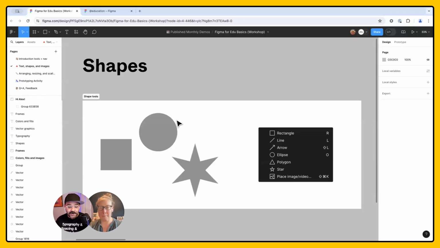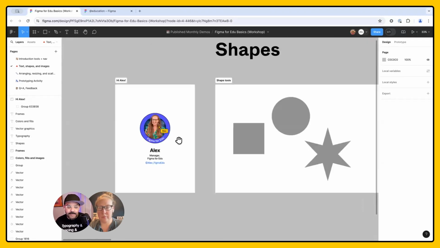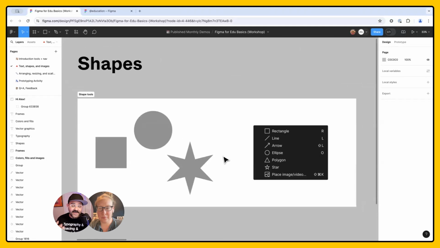So first off, where am I right now? I am currently inside of the Figma design editor. In here, you can see the center area is a canvas. I'm able to move around the canvas. The canvas is very visual. On the left, you can see that there are layers.